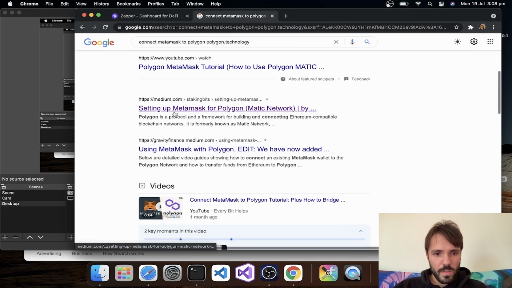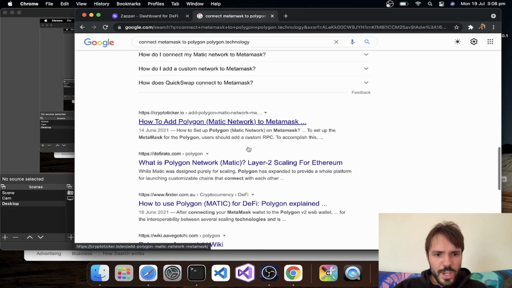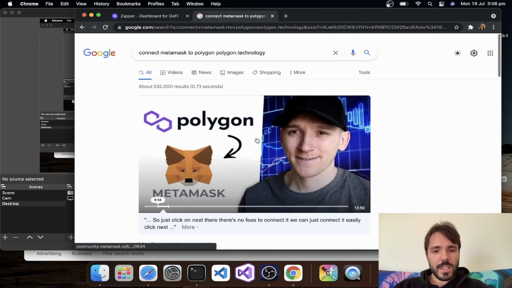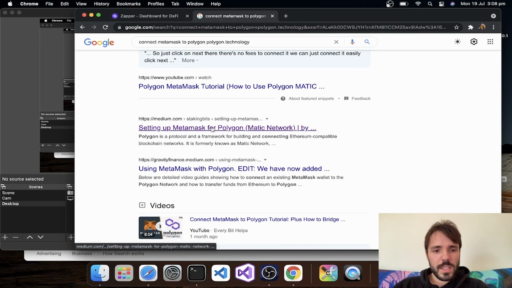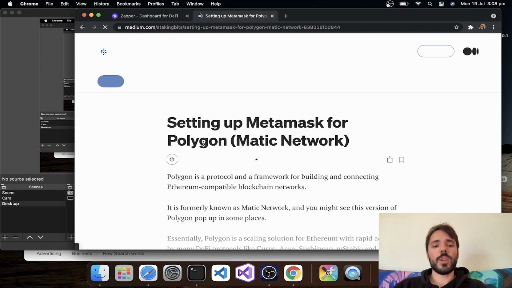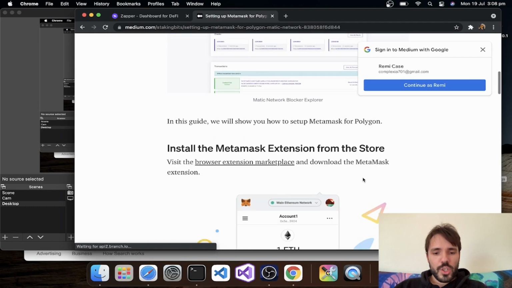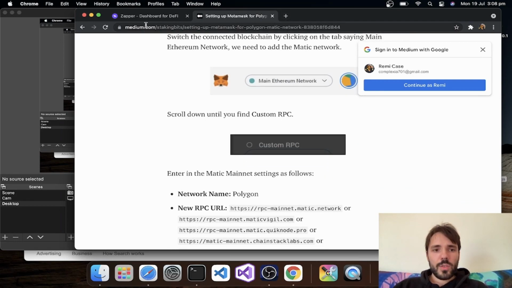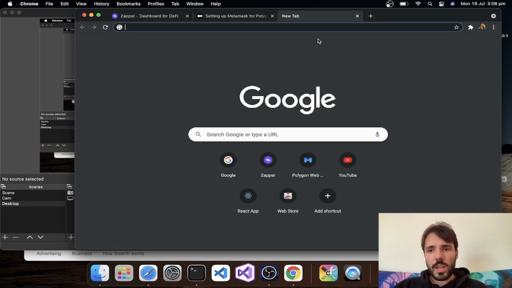I don't like watching all of these guides. Although I'm pretty sure I am almost 100% sure I found the right answer on their main site, it looks like I actually clicked on Medium. So on this Medium, it shows you what you have to do: you have to go ahead and open your MetaMask extension,